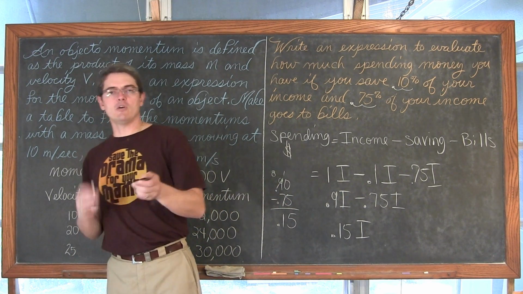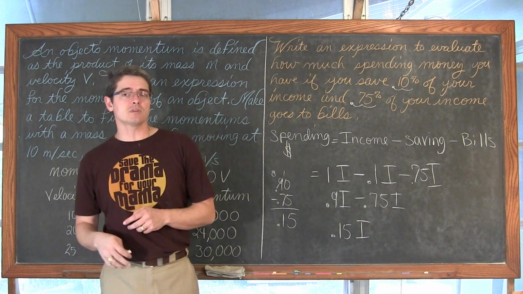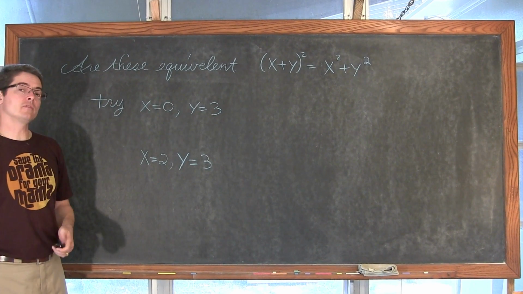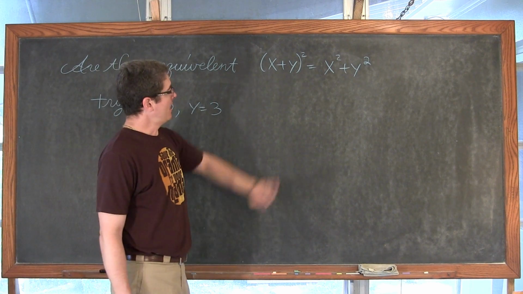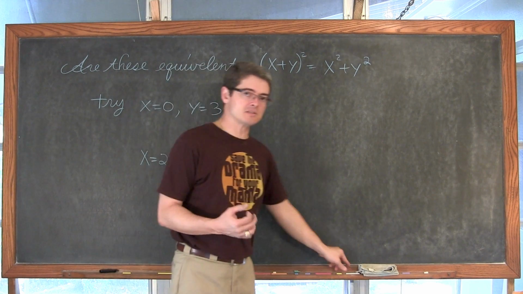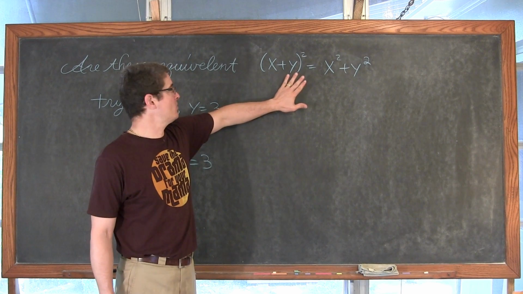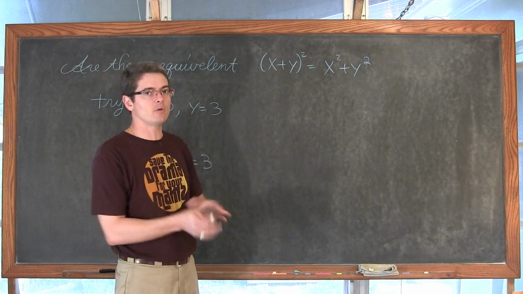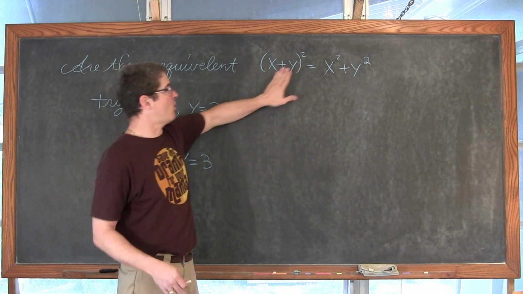I got one more problem involving looking at some work that's been done and figuring out, is it okay or something wrong? Are these equivalent statements? (x plus y) squared and x squared plus y squared. I get students all the time saying that these are, even up into my pre-algebra or pre-calculus classes, and it drives me insane. The answer is no. Eventually we're going to be learning the distributive property or FOIL. I don't actually teach the FOIL method, I just teach distributive property. And you'll see, hopefully after learning that, why these are not equivalent.